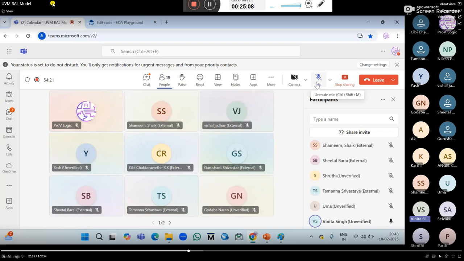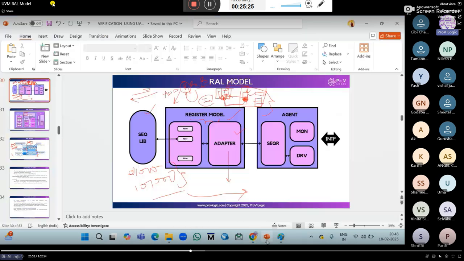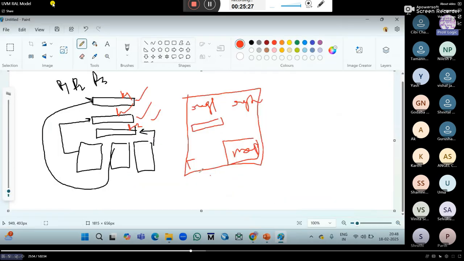Santi, what is register block? Register block in the sense it contains registers and the memory maps. Memory map in the sense it contains offset address. In register block we don't have the offset address, but in memory map we have the offset address. In the register block we have only the register fields.